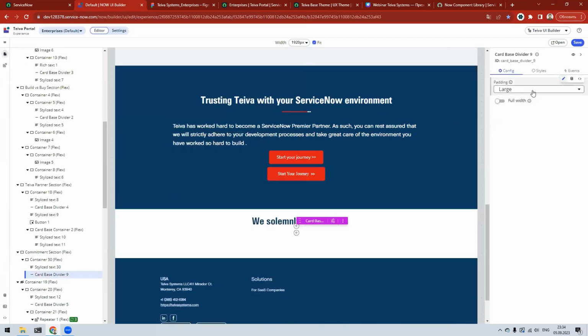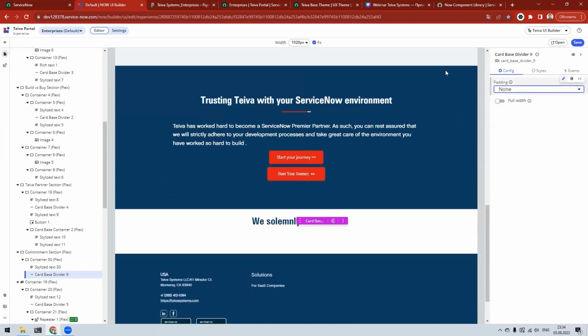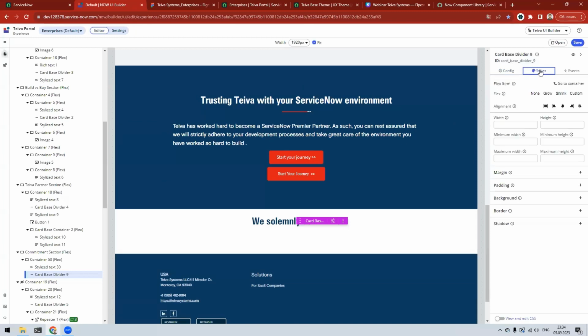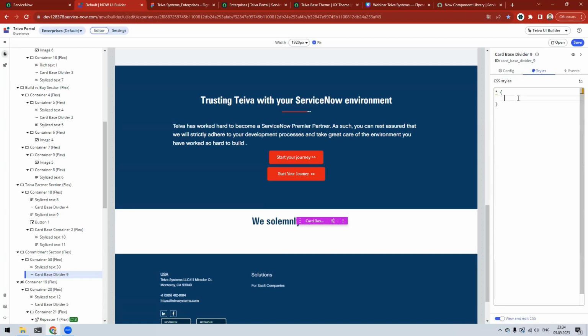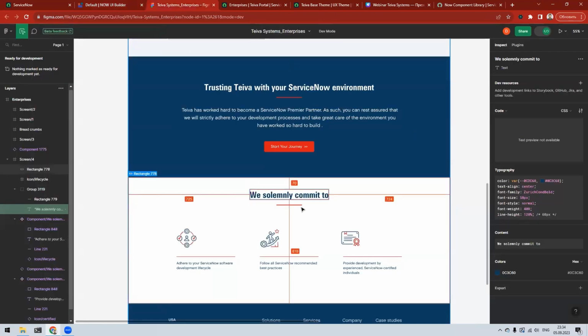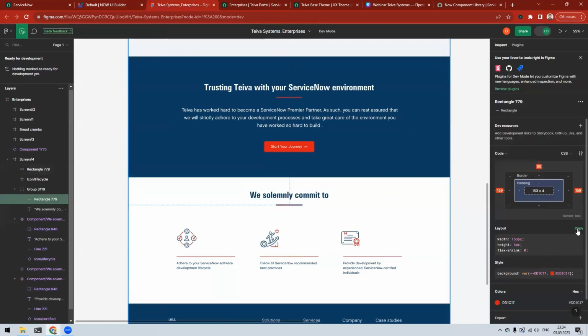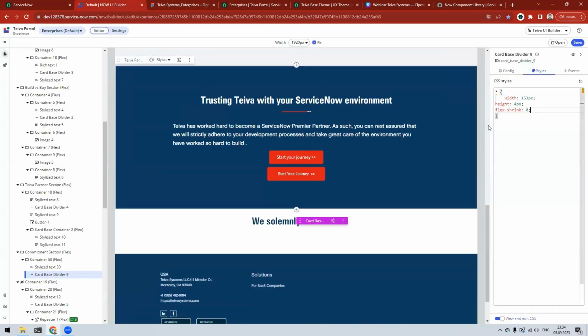As I have mentioned before, I will disregard out-of-the-box properties. I will directly pass to the styles. Let's press the View and Edit CSS toggle and just paste the settings from here. We have the following width and height,